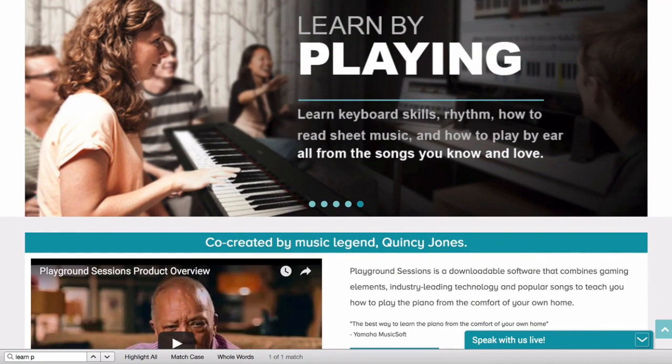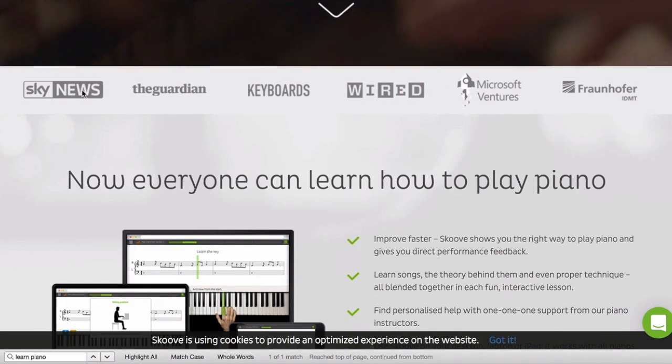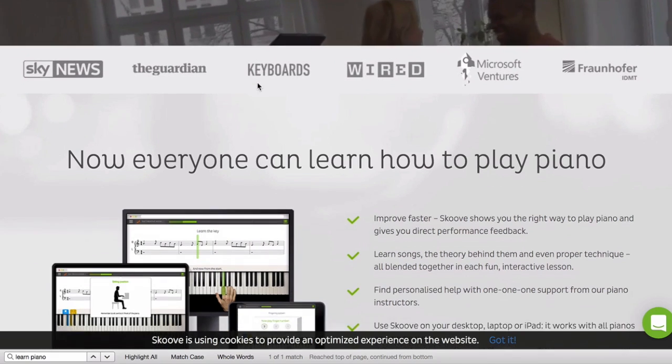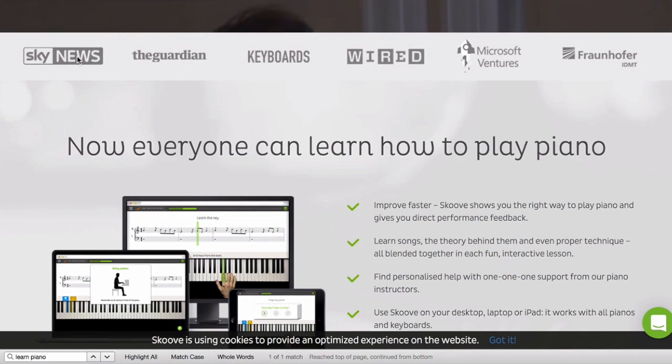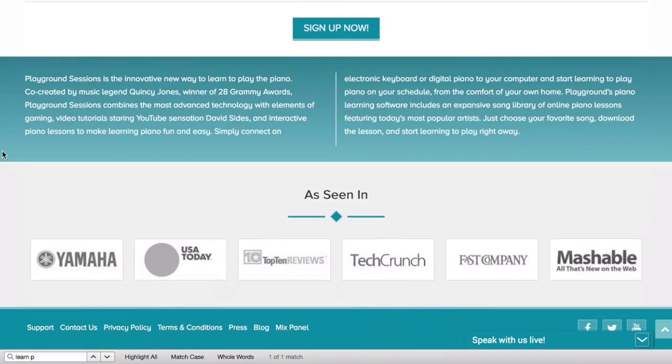And as I mentioned, there are some other websites that list some "as seen in" logos and whatnot, but you see they're seen in The Guardian, The Wired, but they don't actually link out to those properties because Sky News is not really related to piano. The Guardian's not really related to piano and whatnot. Here, I think I mentioned in an email before, down here, Yamaha, USA Today, Tech News, TechCrunch. These are great for social proof,